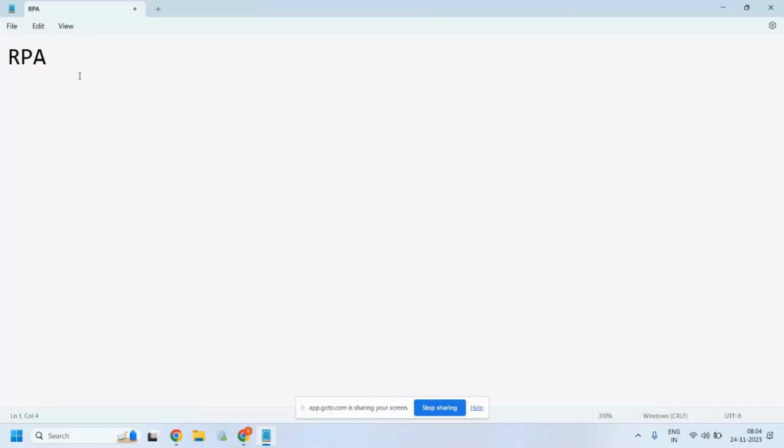For example, if there is human input to be provided at the time of execution, or decisions to be taken, such as whether to approve or not based on the input. In such scenarios there is a need for human intervention, so we develop such solutions in RDA. Are we clear on what RPA is and what RDA is?